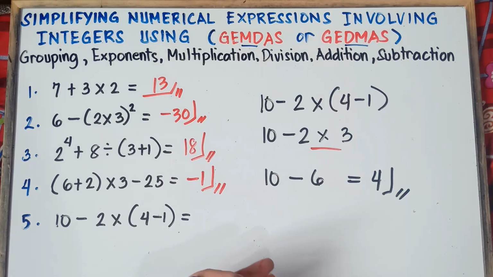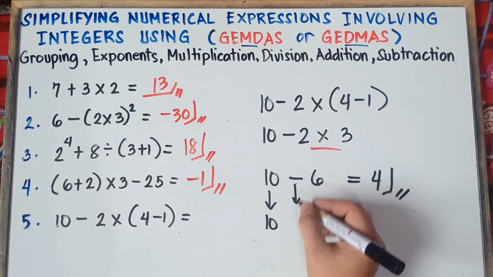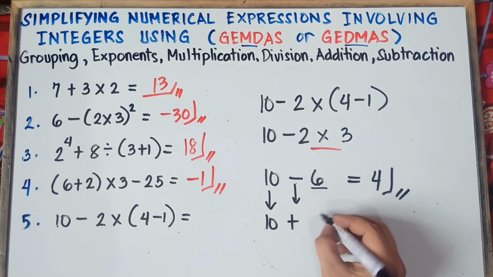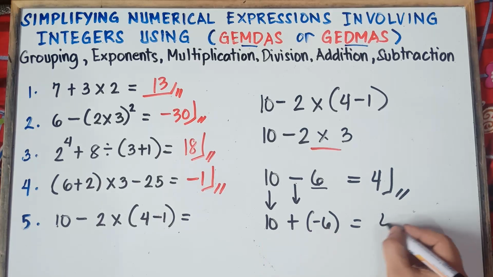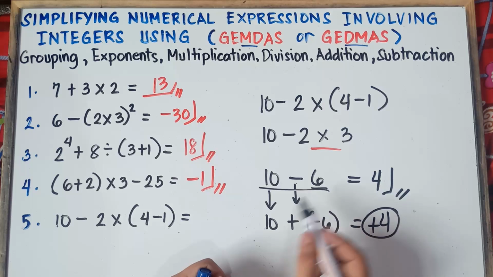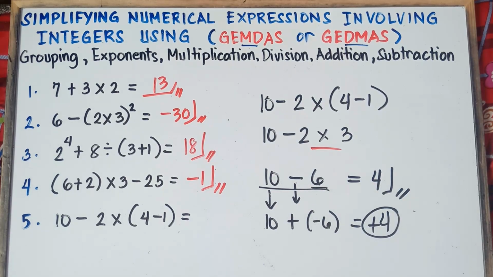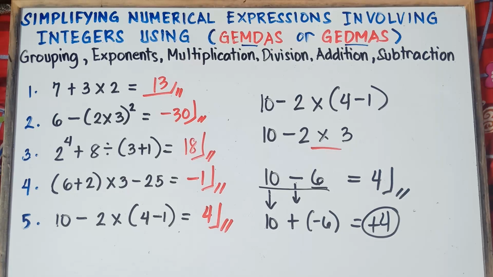So once again, you can apply the subtraction rule. Copy the first integer. Change this sign: this is minus sign, it becomes plus sign. Change the sign of the second number: this is positive 6, it will be negative 6. So if the signs are not the same, the rule in addition is to subtract. 10 minus 6 is 4. Now 10 is greater than 6, we copy the sign. We have positive 4. Or in this scenario, class, if you have an example like this, simply subtract. 10 minus 6, the answer is 4. So the answer with regards to example number 5 is 4.